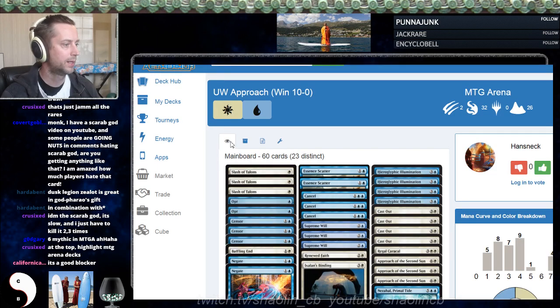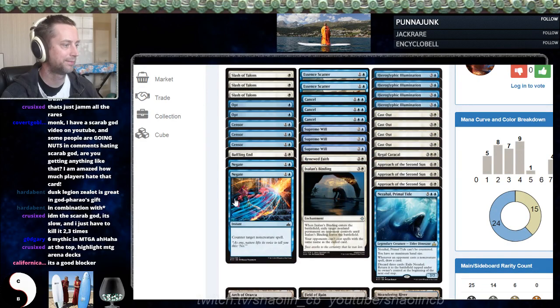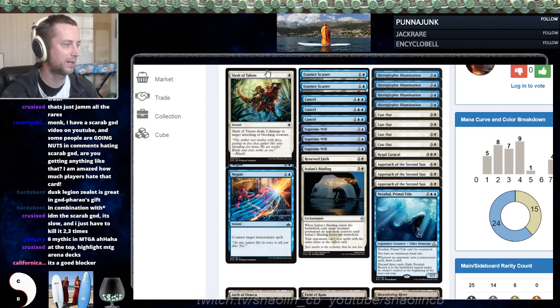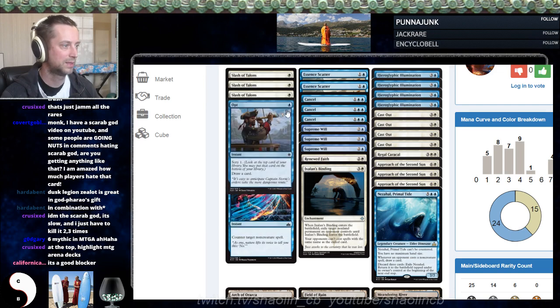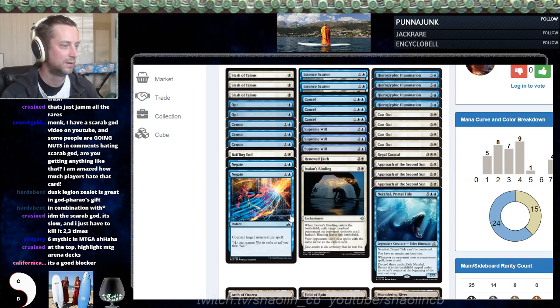Blue-white approach, 10-0. Slash of Talons. Negate. I don't know how this guy's winning with this deck. He must be on the play 10 times in a row. I guess Slash gets you back. Only one Baffling End, three Sensors, two Ops. I don't know. Negate is...